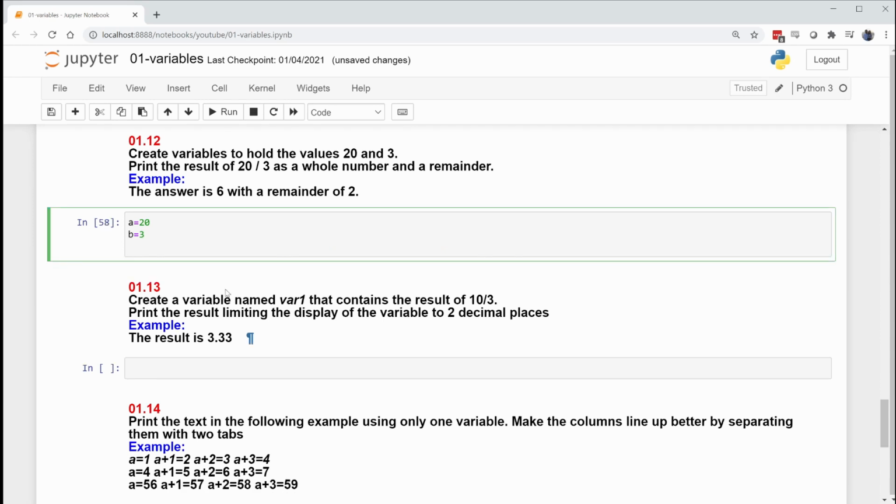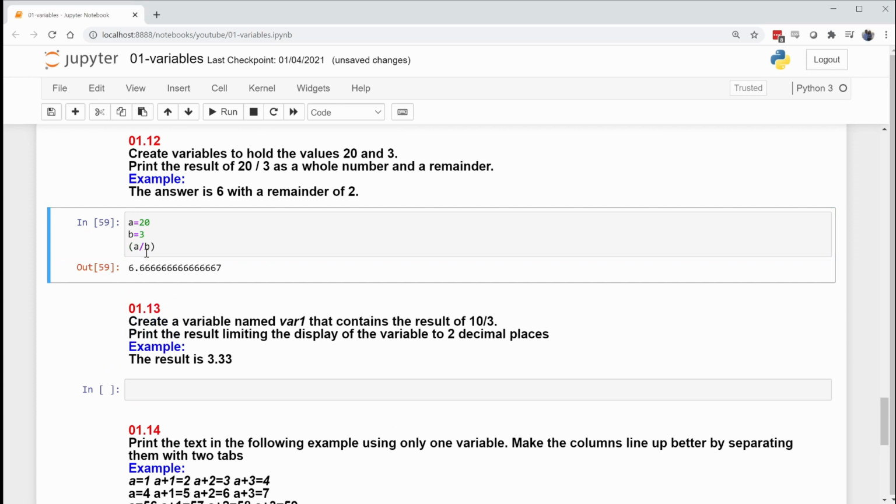So there we have our 2 variables. The idea is we want the whole number, and then we want the remainder as if we were doing math in the 3rd grade. We just want the whole number and then the value that's left over. We intentionally don't want to deal with decimal numbers. So if I say A divided by B, it gives me an irrational number. But I can cast that as an integer,